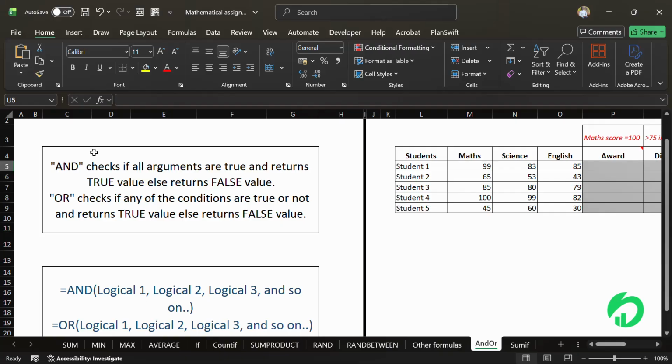For our OR statement, one of them must fulfill the criteria for it to return true, else it will return false. What do I mean by that? Let's assume in a class